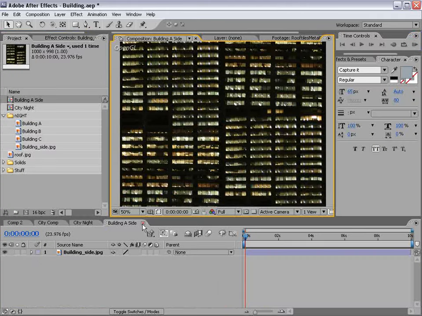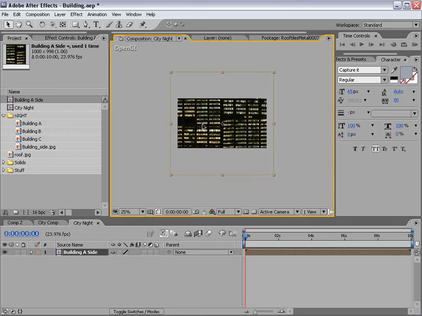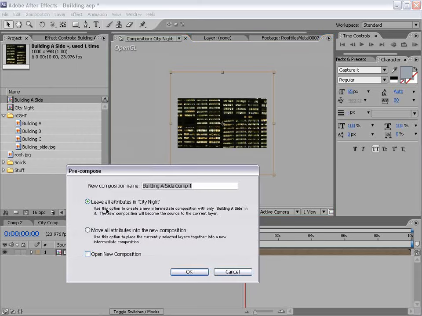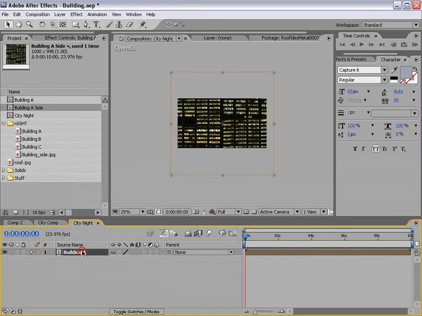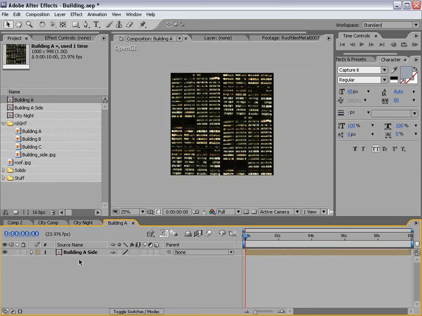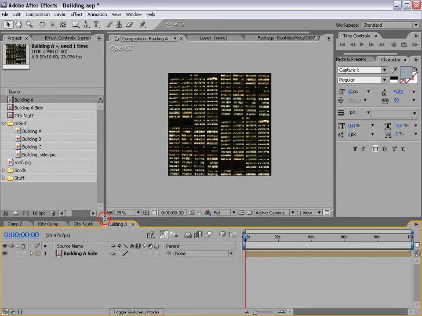So then we can close the building A side comp, and now we have that comp in here, but we need to pre-compose it again. So we'll choose layer, pre-compose, and we'll leave all attributes, and we'll call this building A. Everything that represents building A is going to be inside of this comp. So we'll take the comp, Alt double click, or just double click if you're on After Effects CS4,